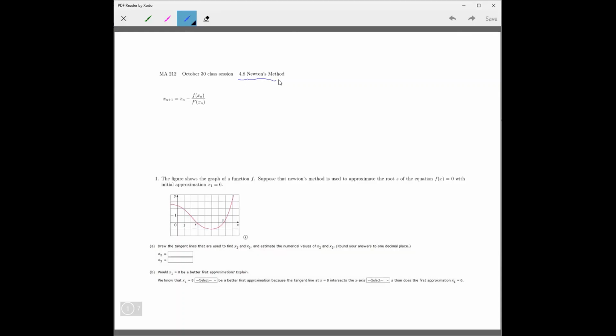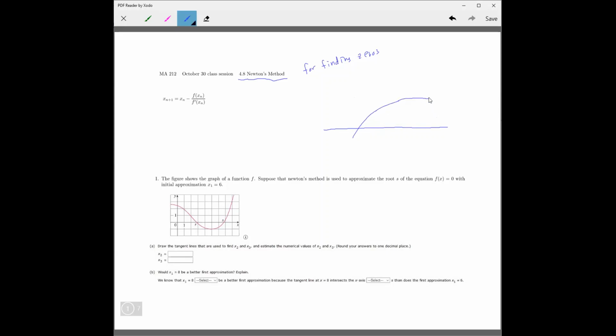which is Newton's method. And this is a method for finding zeros. That's what it's for. And let me just try to explain the underlying idea. So here's the idea. You have a function, and let's say that you have a function like this, and